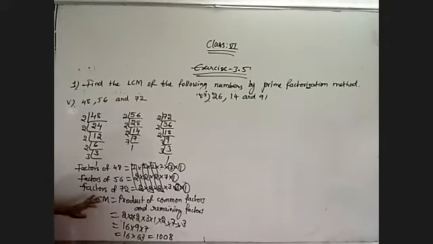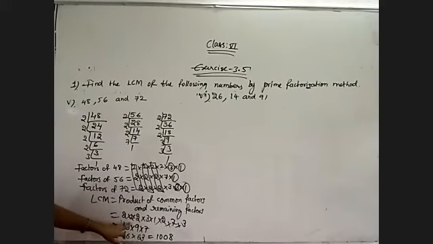So whatever numbers are there, first of all take what is common for all the given numbers. After that, if any factor is common to at least 2 numbers, that also we need to take as a common factor. So the LCM formula is the product of common factors and remaining factors. Take all the common factors first, after that the remaining factors which are there in the separate numbers, that also we need to multiply.